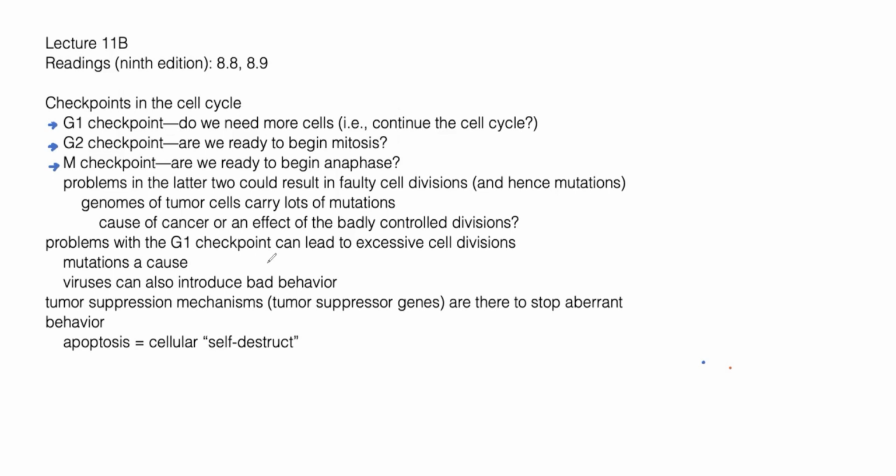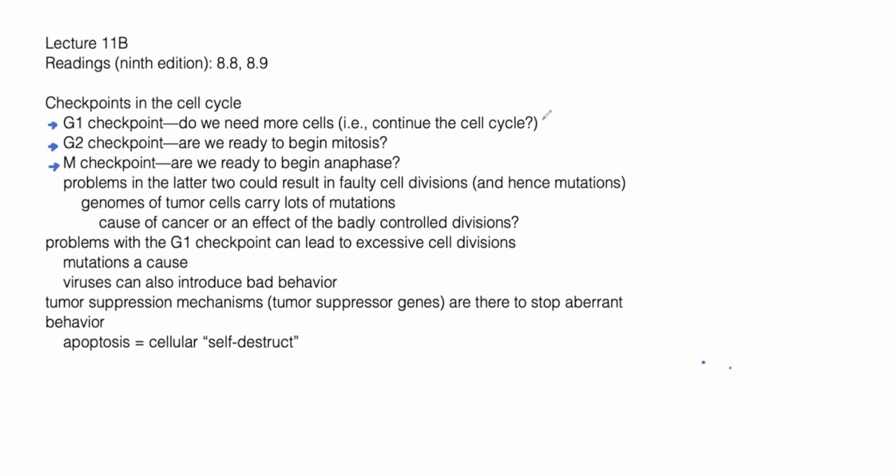Remember that interphase has a G1, a gap 1, an S, synthesis, and a G2, a gap 2 phase, right? And there's also the different stages of mitosis, in which you've got prophase, prometaphase, metaphase, anaphase, and telophase. And the metaphase is going to be the place where we have the M checkpoint. M stands for metaphase. And so what's going on are really kind of understandable things, right? It's more than just memorizing G1 checkpoint, G2 checkpoint, M checkpoint.